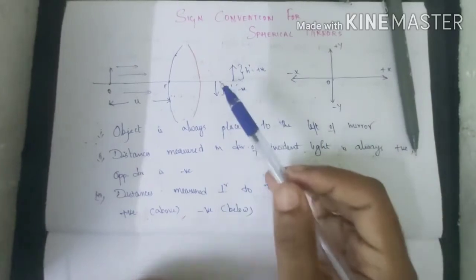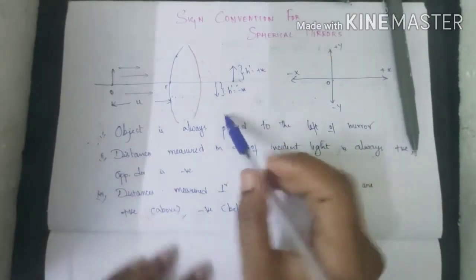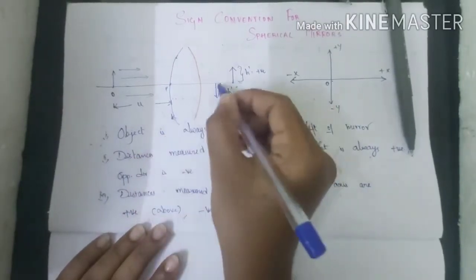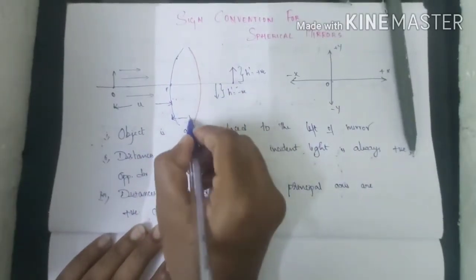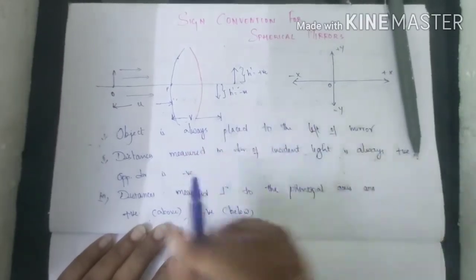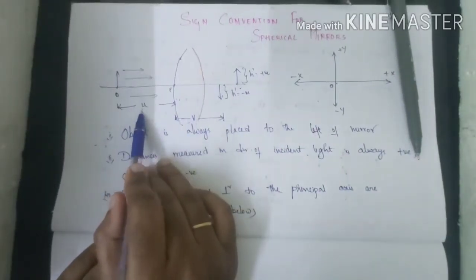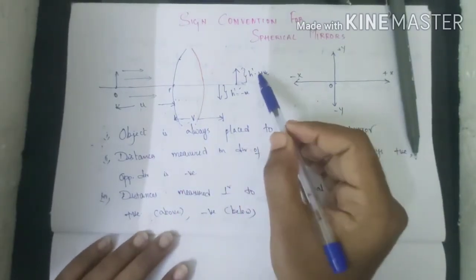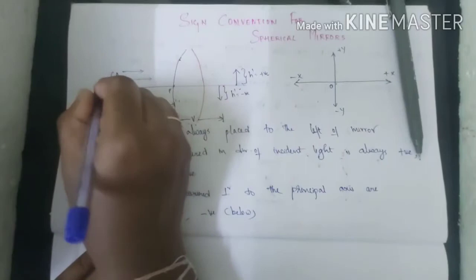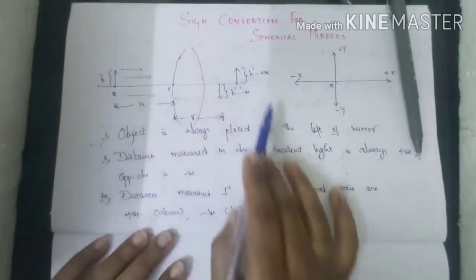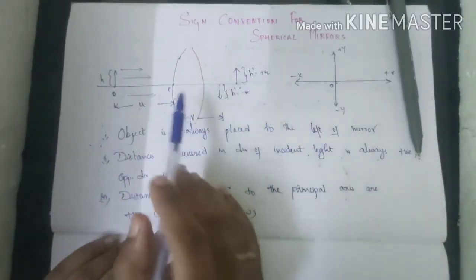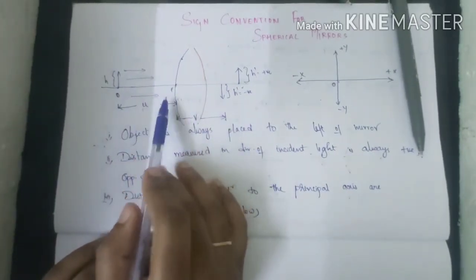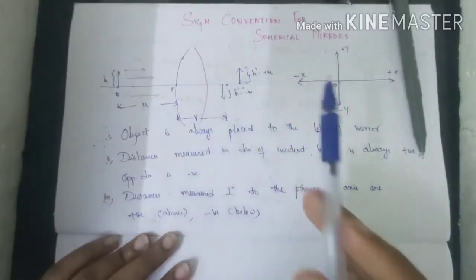With these values, u is object distance, v is image distance, so I am taking this image with respect to pole. U represents object distance, V represents image distance, H prime represents height of the image, whereas H alone represents height of the object. So these are the values that we are measuring with respect to the pole as reference point. In the direction of incident light, if you are measuring the distances, they are always positive.